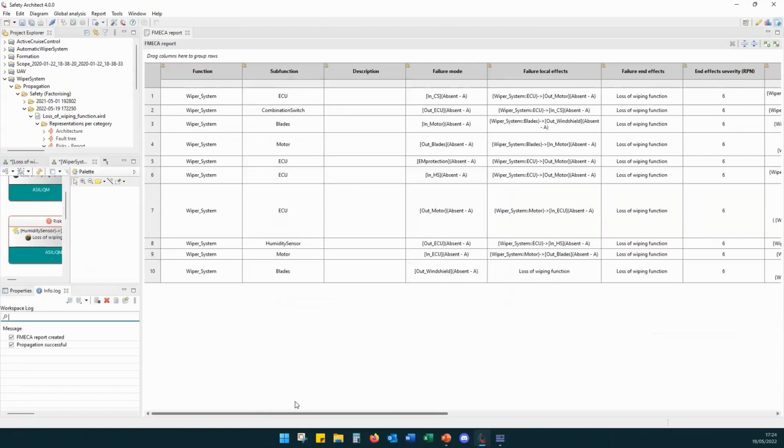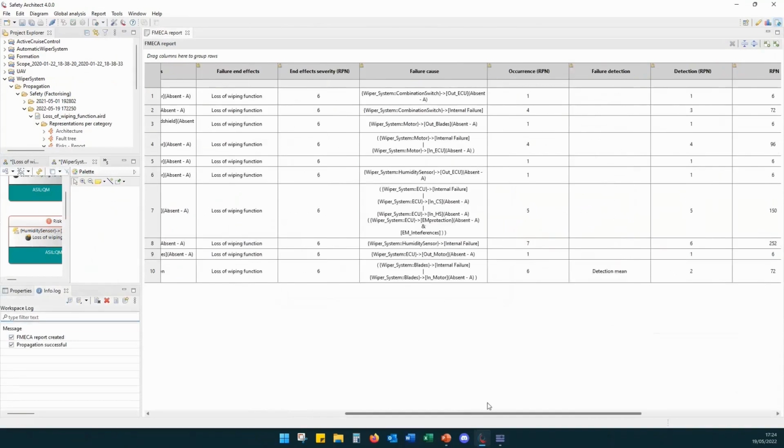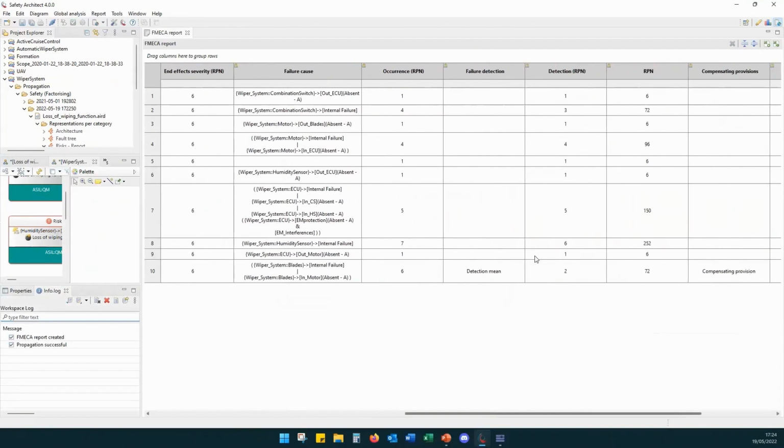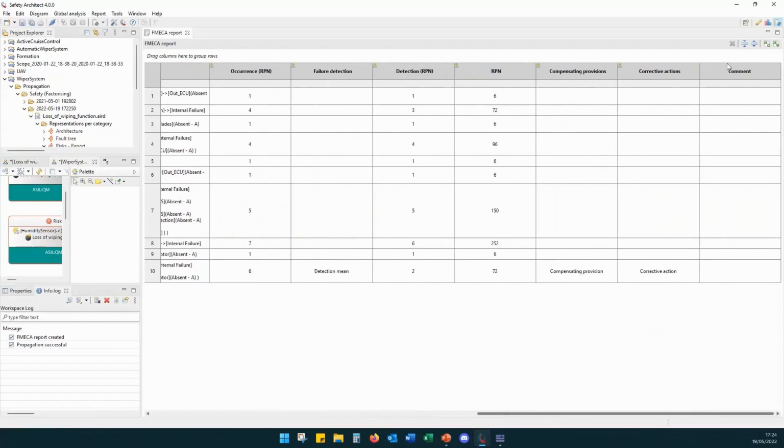So we have the function, the failure mode, the failure local effect, the failure end effect, etc. The assessment criteria, the severity, occurrence, detection, and the risk priority number is automatically computed based on the multiplication between these three criteria. And if needed, you can export this table to Excel if you want to perform modification in the table. But also some columns are editable directly in Safety Architect.